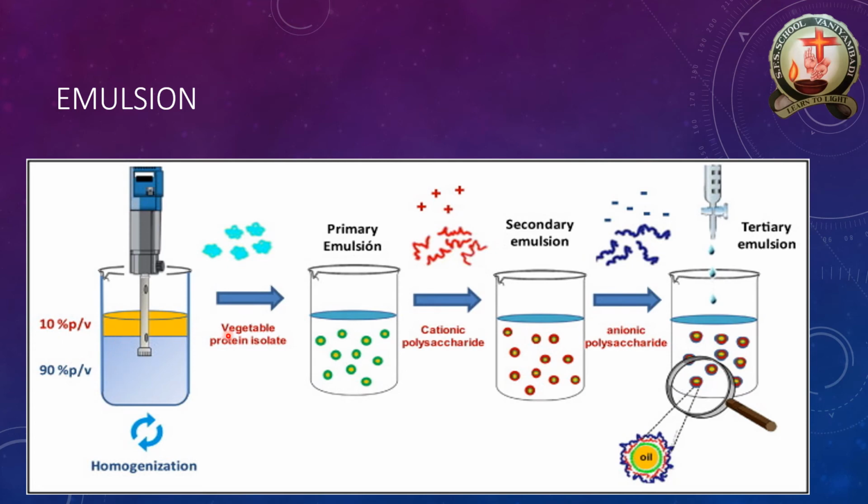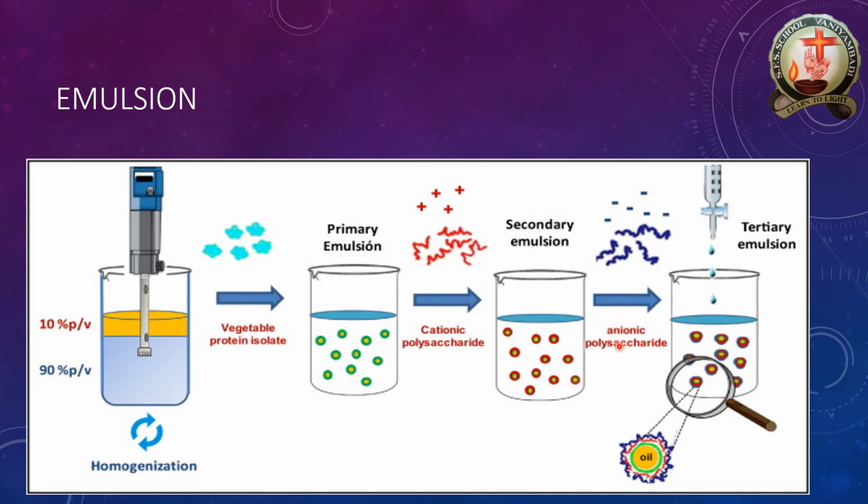See, I'm adding water plus oil and vegetable oil protein isolate. Primary emulsion is nothing but giving agitation only. Homogenization is rotating the chamber with the help of the homogenization machine. Finally, the particles get suspended like this. In the primary emulsion, I'm adding some catalyst, oxidizer and emulsifier, like benzoyl peroxide or hydrogen peroxide solution. That is called the catalytic polysaccharides. Then secondary emulsification will happen, which is nothing but the particles getting spread uniformly in the chamber.